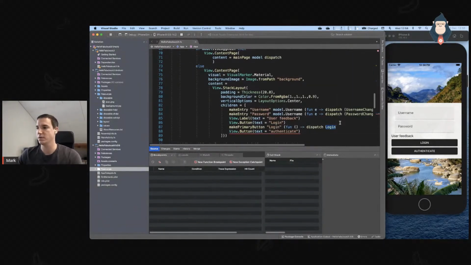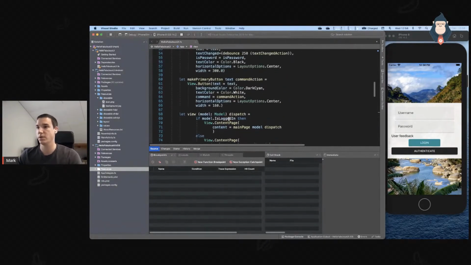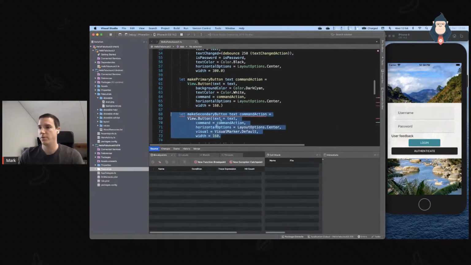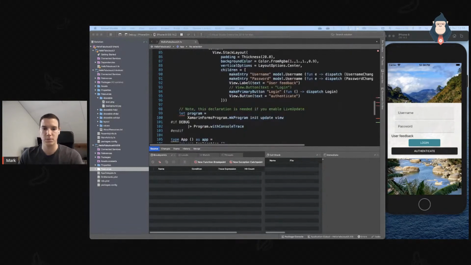I give it the text. I give it, again, a lambda function. Copy and paste only works if you do it properly. And then we would see here, we now have a button. And I can now enable this, and we can now press save. And you can see it's now a lot nicer to look at. I could do the same for the secondary button. So I'll make a new function up here where I've got a different styling, a bit less in your face, a bit more don't click me, a bit more click the primary button. So I can go down here and I'll just copy this over again.